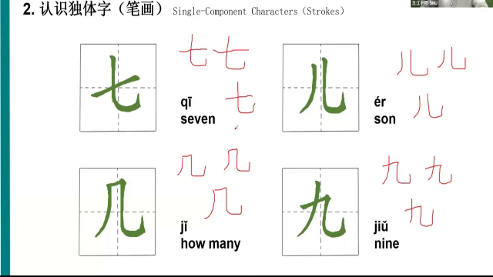Learning to write is very important. If you want to learn Chinese well, you must learn to write the Chinese characters, and you must be able to read the Chinese characters, even without pinyin. So please, let's see if you have memorized the 4 Chinese characters I just taught you. So what's this? How to read it? 7, yes. What's the meaning? 7.